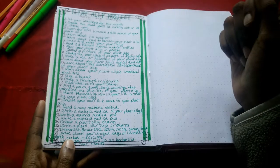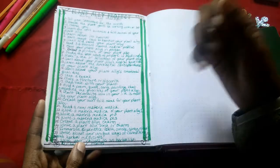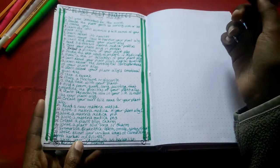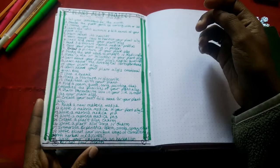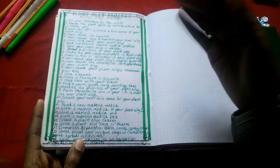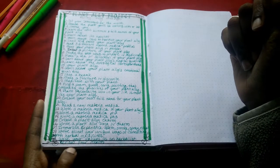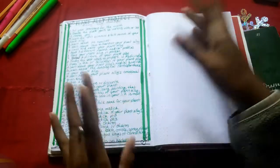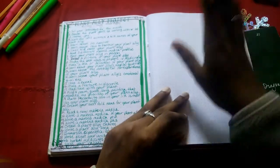a new materia medica. Write your own materia medica for your plant ally. Create a plant ally charm. Immersive experience, bathe, smoke, spray, or ritual with your plant ally. And review your month. Those are just a few things. Now,